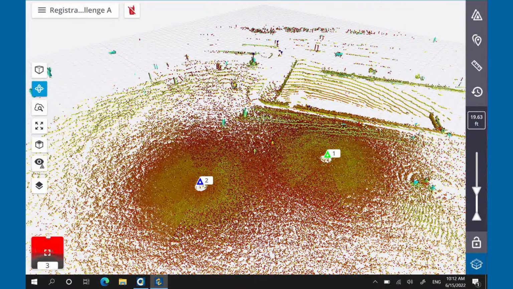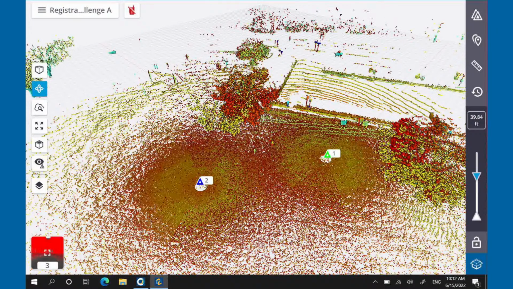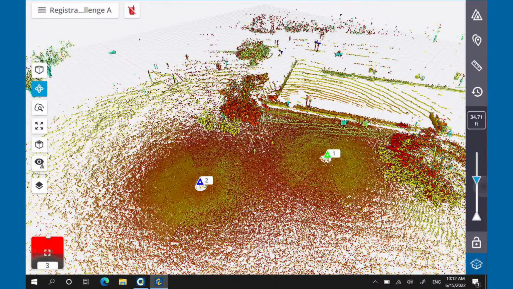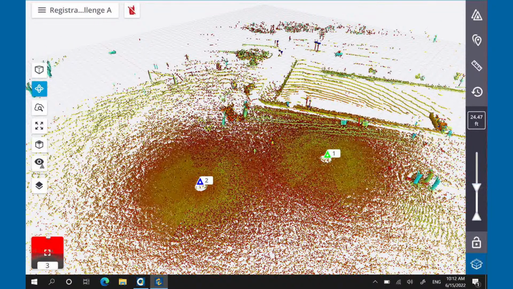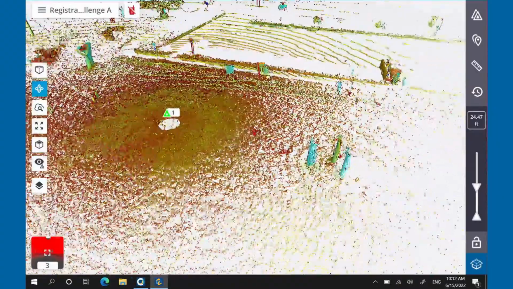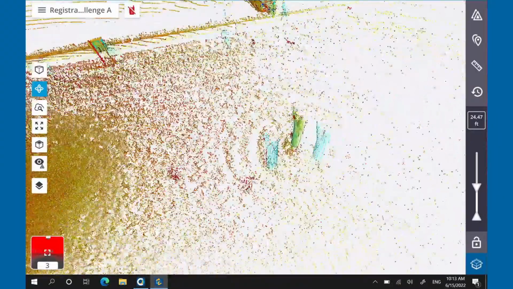What I'm looking for here are my tree trunks. Tree trunks make a pretty good way to spot registration problems. So I'll slice it away so I can see the tree trunks. When I zoom in down here,